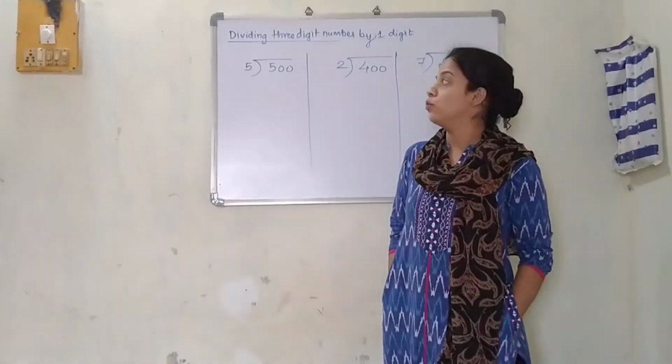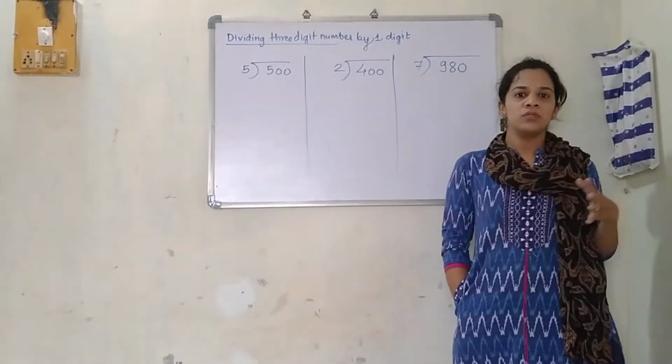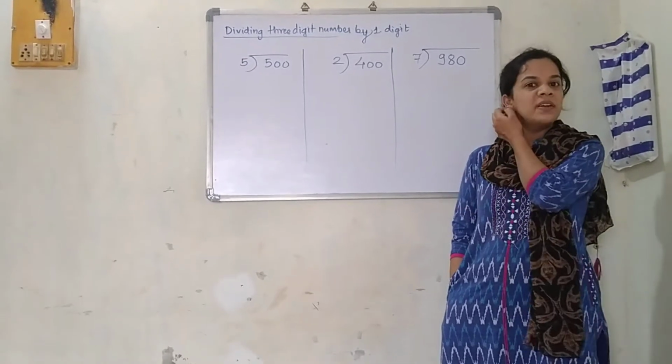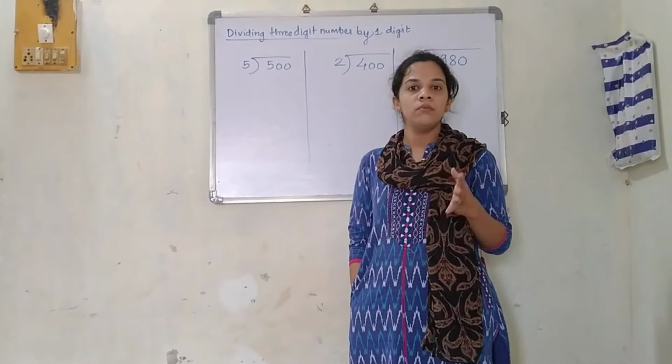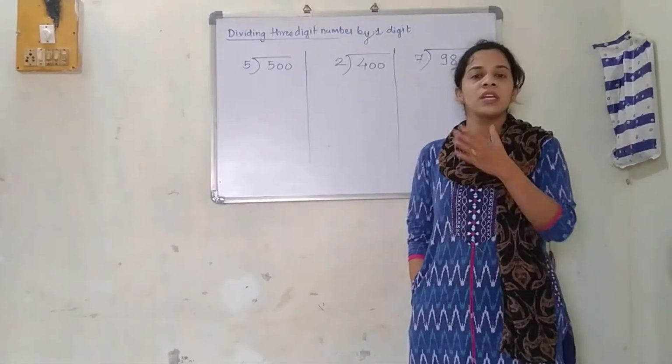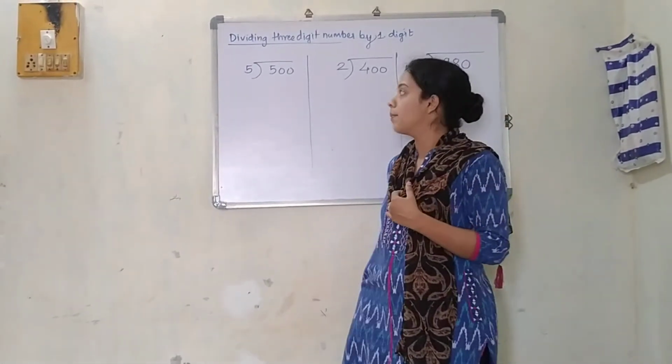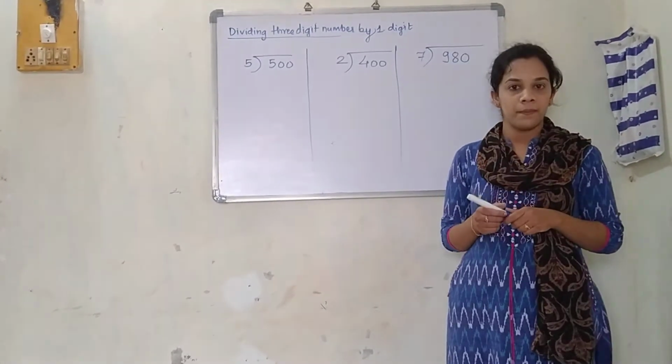So next part of this you can see over here. We have almost seen these division questions, but now it is based on zeros. Most of the time students get confused with these zeros. Don't try and get confused. Just see properly, you will understand this concept. We are supposed to divide 500 by 5.